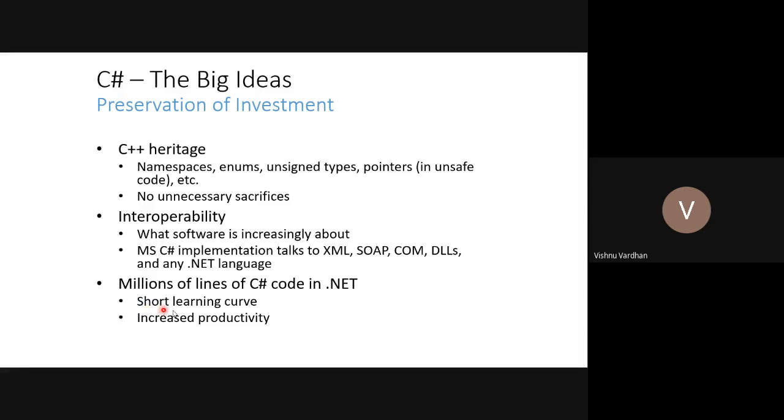And the short learning curve is one of the major advantages, because whenever any developer is coming from the Java or C++ family, they have to simply invest 10% of the learning to get a grip on this C Sharp. Because everything will look like they know everything. The braces, the declarations, the way of doing the blocks, everything is appealing to them because it is already known to them, and thereby the productivity is also there, because when the learning curve is so small, your productivity is increased automatically.